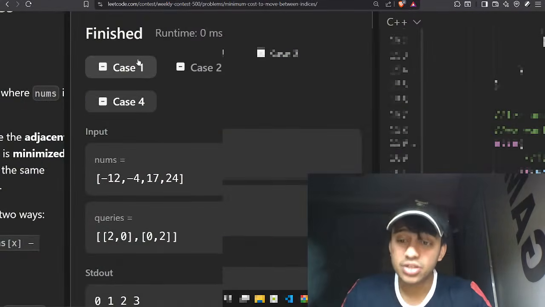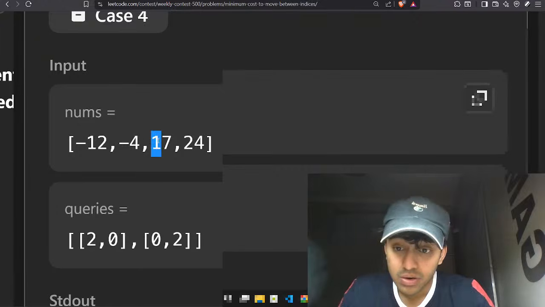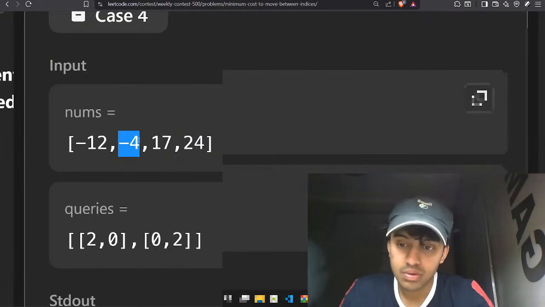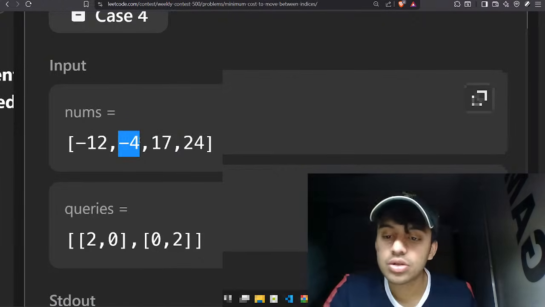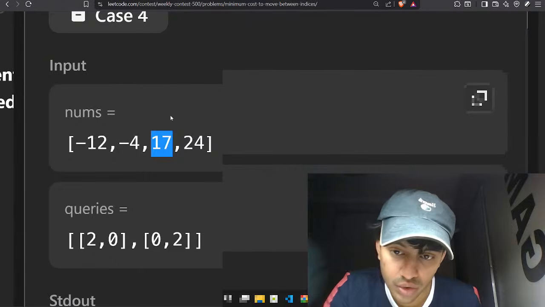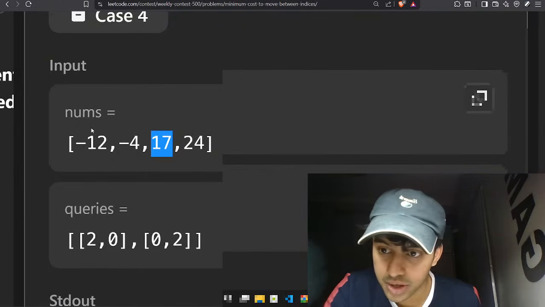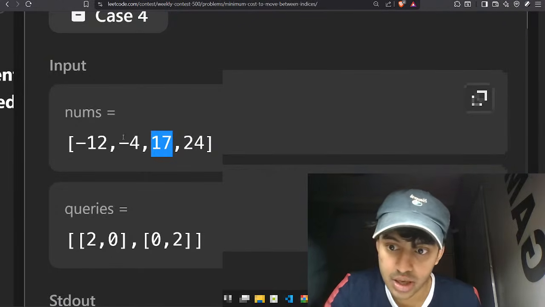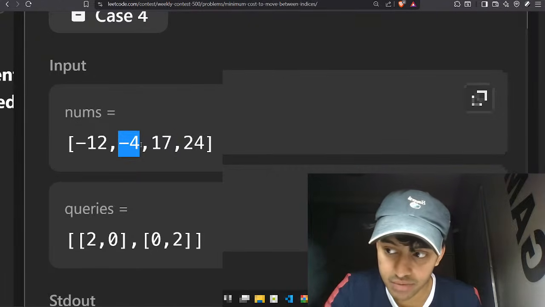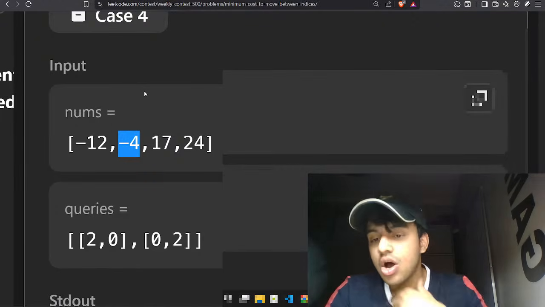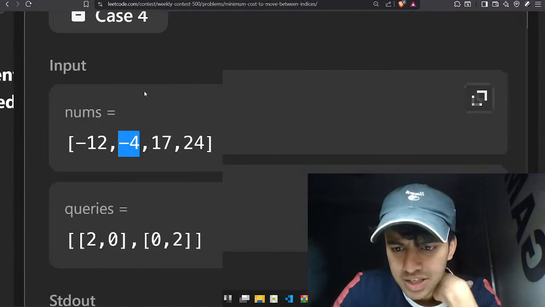No, the logic here is this. This test case is stupid. From 17, so from 17, if we choose closest, we can go right. So the thing is, we can just jump to minus 12. That is what my logic does. But this question is saying from 17, jump to minus 4. Then check again from minus 4. If not, okay, so I think rather than jumping directly,